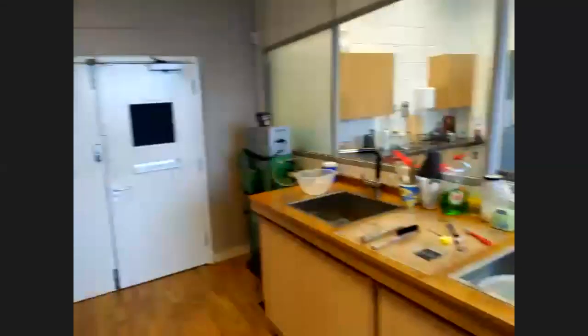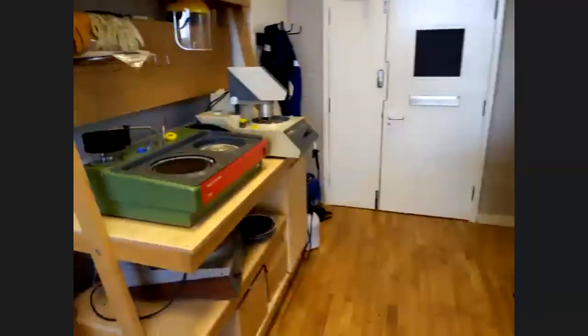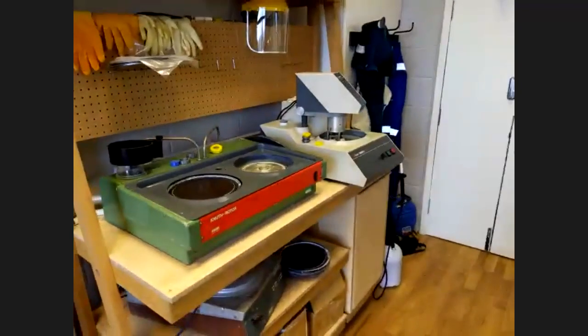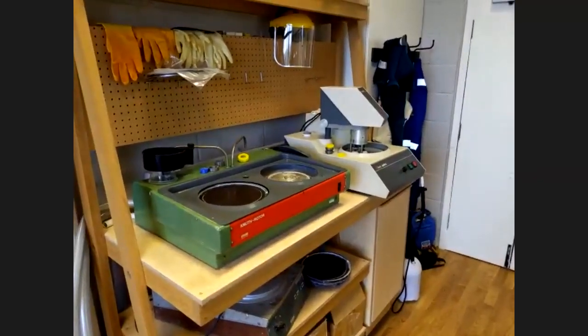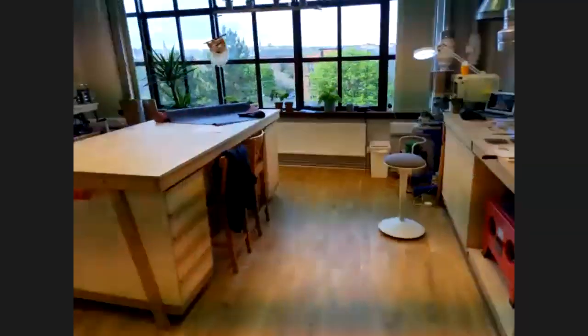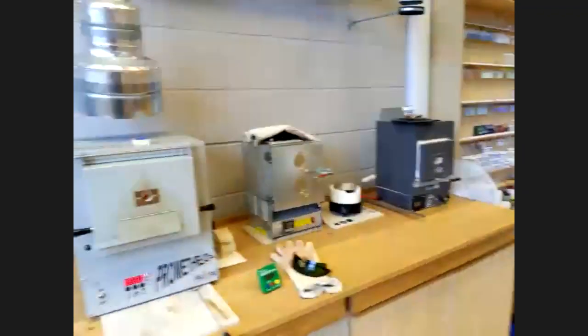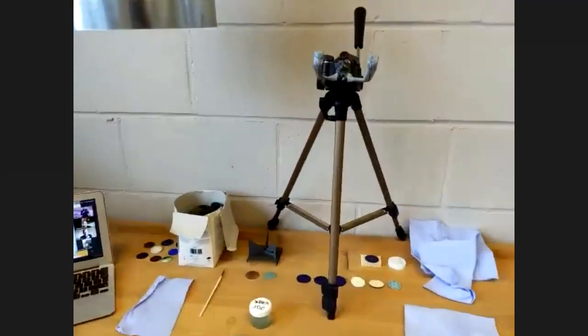And then our sinks where we do all our sanding and polishing, and our two lapping machines which help us not break our backs sanding all the time. So yeah, that's pretty much the studio in a very, very quick tour. But I'll show bits more as I demonstrate, I guess,